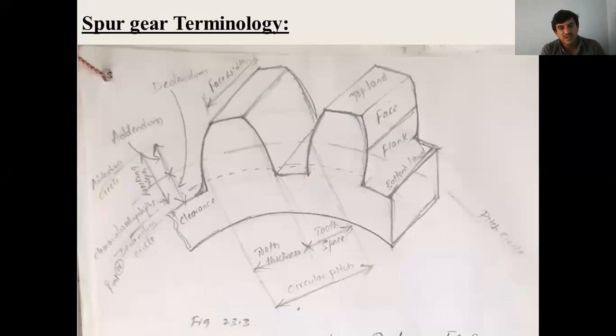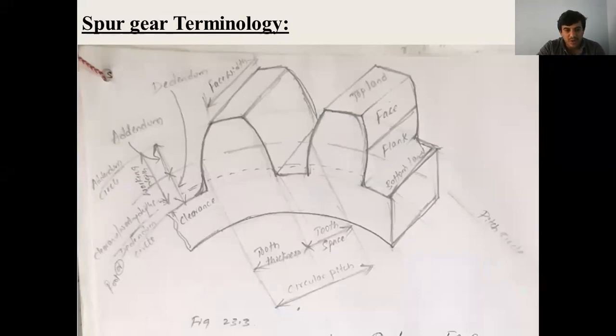Again, gear terminologies we also discussed. Very important terminologies: pitch circle and pitch circle diameter. When two gears mesh with each other, the contact point of those two meshing gears is called the pitch point, and the imaginary circle drawn on the gear is called the pitch circle. The pitch circle diameter is always represented as small d. All the design calculations are based on this pitch circle diameter only, right?